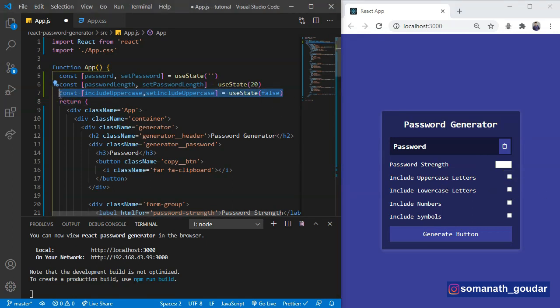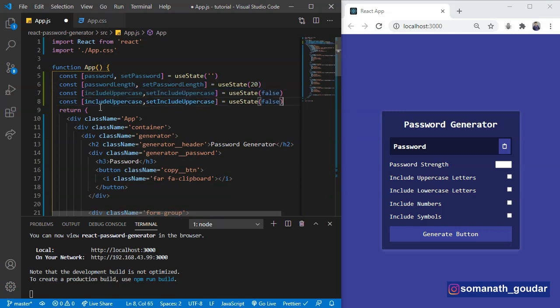Now let's create another variable to include lowercase, setIncludeLowercase, and this is also going to have an initial value of false. Now let's create another variable to include numbers.